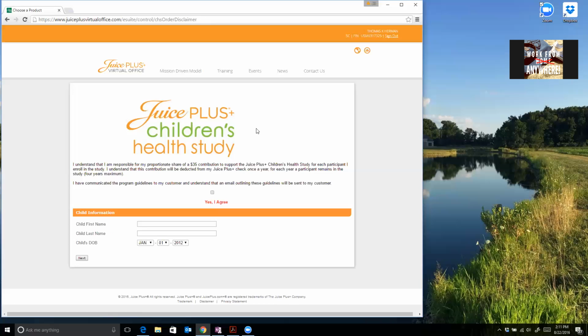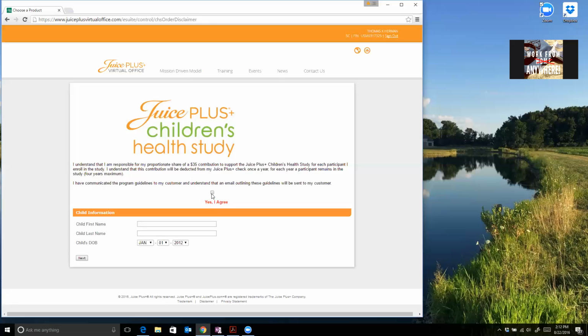They agree that they're going to mentor the child, take it every day, and get the child to take it every day. And also they're going to fill out these surveys in a timely manner. Make sure your customers are actually doing the surveys. So when our new distributors see this, they get nervous and say, hold on, I'm paying $35. You're not. You're contributing your proportionate share, if you read carefully, of the $35. So it's $10 to $15 from you, and the rest is taken out of the paychecks of your upline support team. So we want you to be invested, and we want us to be invested in these Children's Health Study